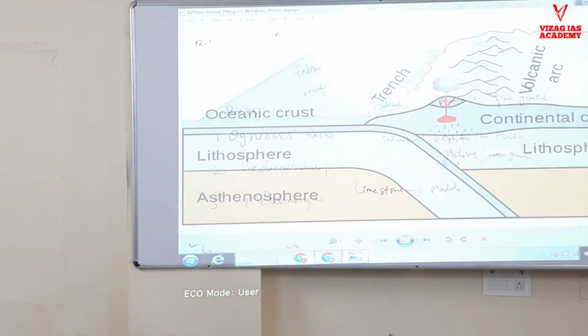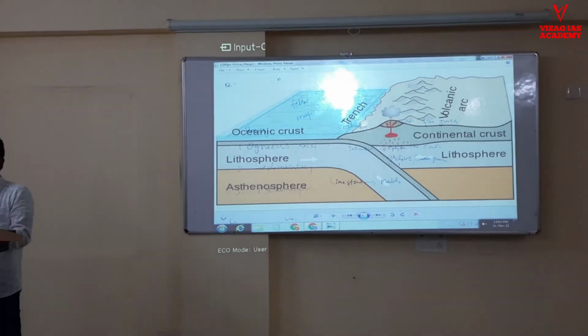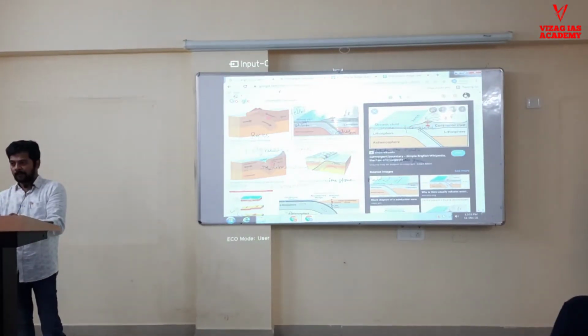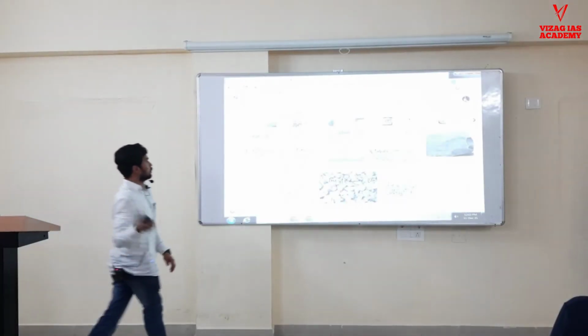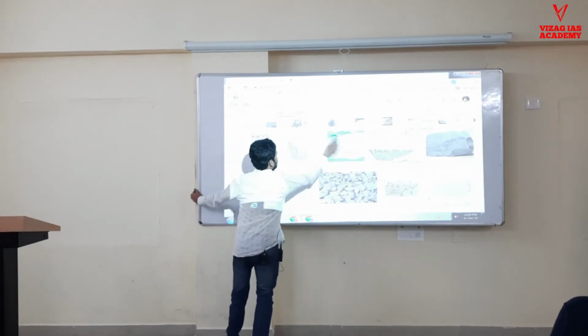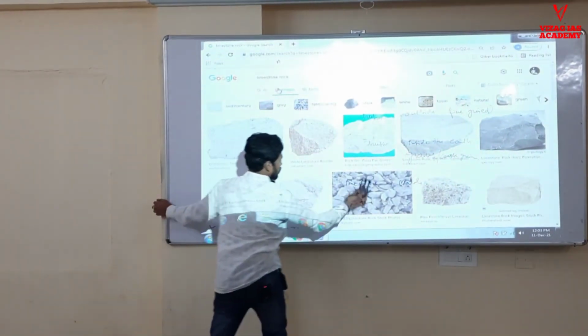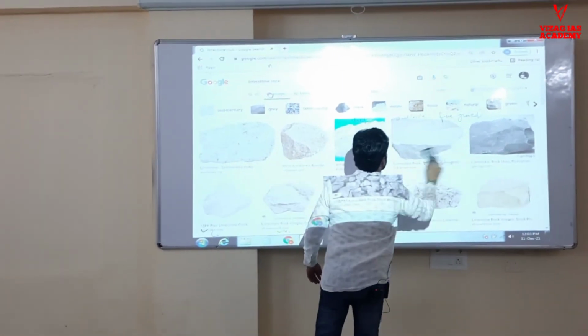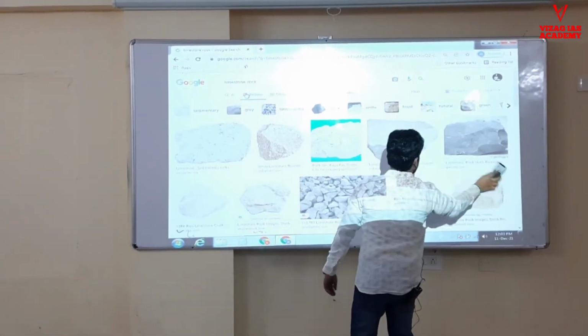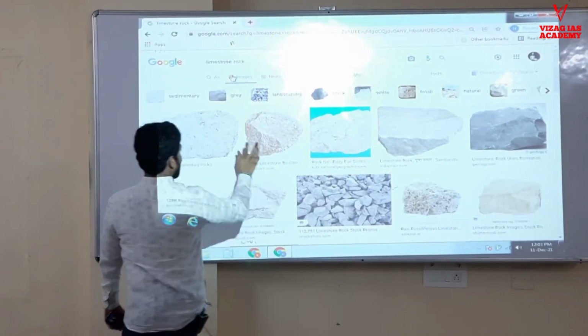Okay, now we will see just a couple of rocks, you will understand. This is a limestone rock actually. You are seeing this is a limestone.